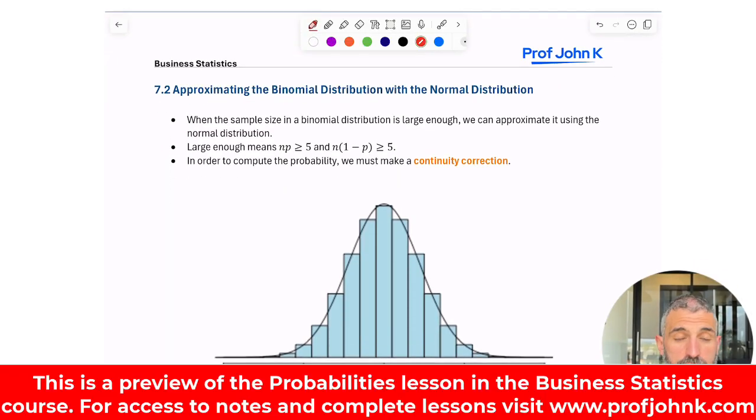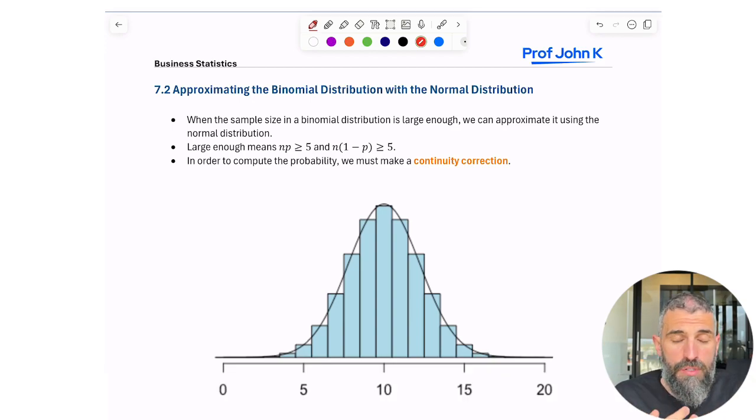Now, the last part of this chapter is a mix of this chapter and the previous one. In the previous chapter, we learned about the binomial distribution, and we saw how to find the probabilities. Now, if you have a situation where it's a binomial question, but you have a really large sample size, then